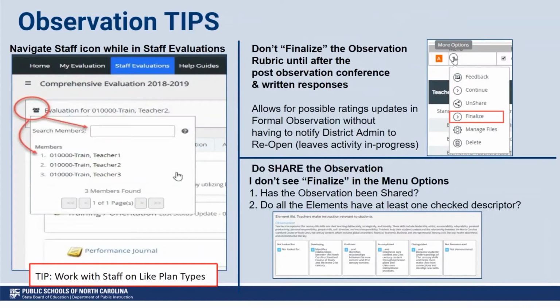Here's some observation tips. When you're on the staff evaluations page and you have opened maybe somebody's comprehensive evaluation, if you look at the top of that evaluation, you're going to see this icon. It's actually a group icon. It's like a little head and shoulders with just a bunch of little people around behind them. If you click on that group icon, you can actually get to the next person that's on a comprehensive plan, or if you have a lot of people you're following on the